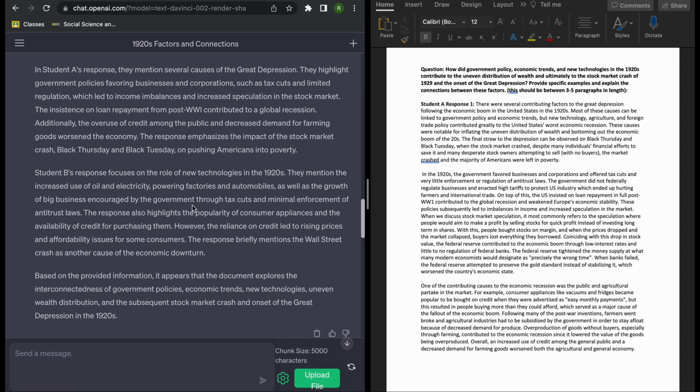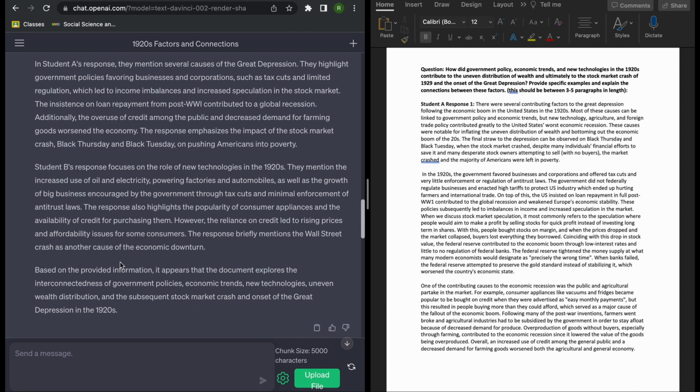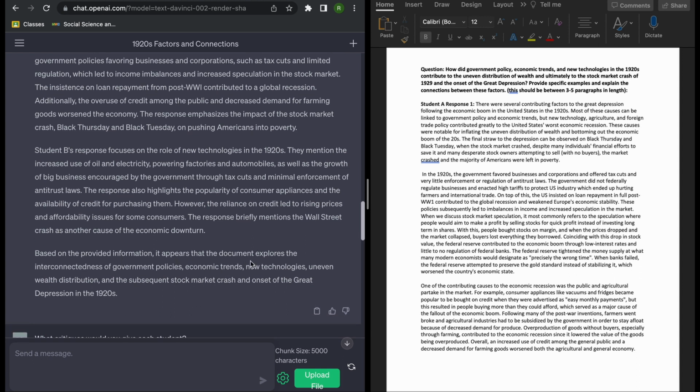Student B, they mentioned the increased use of oil, electricity, powering factories and automobiles, growth of big business encouraged by government through tax cuts, minimal enforcement of antitrust laws. However, the reliance on credit led to rising prices and affordability issues for some consumers. They briefly mentioned the Wall Street crash as another cause of that economic downturn. It does appear that the document explores the interconnectedness in government policies, economic trends, new technologies, uneven wealth distribution, and